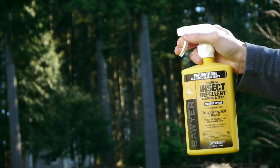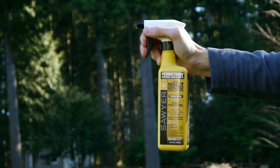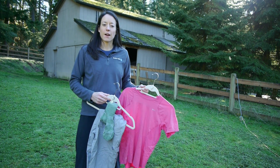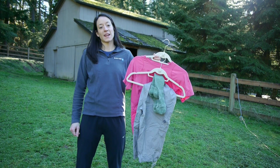A 24-ounce trigger spray that can treat 4 complete outfits, which is the best value for your money. A 12-ounce trigger spray that can treat 2 complete outfits, and a 9-ounce aerosol spray can. A complete outfit consists of a shirt, pants, and pair of socks, and each garment needs 3 ounces of permethrin